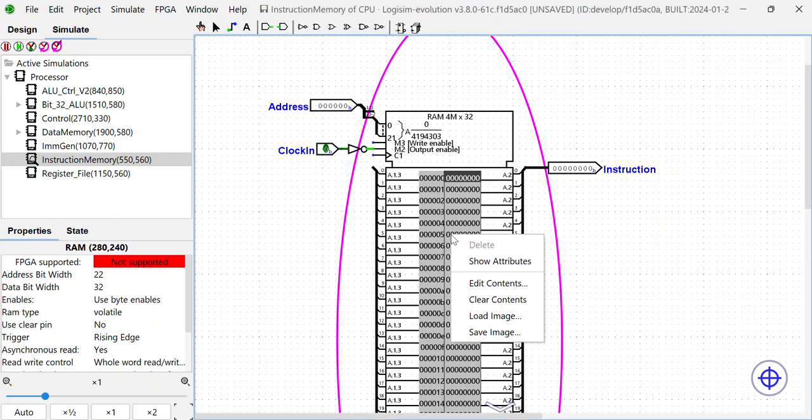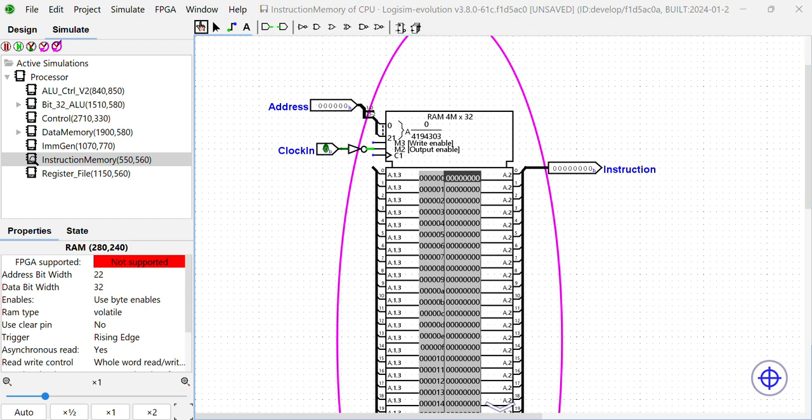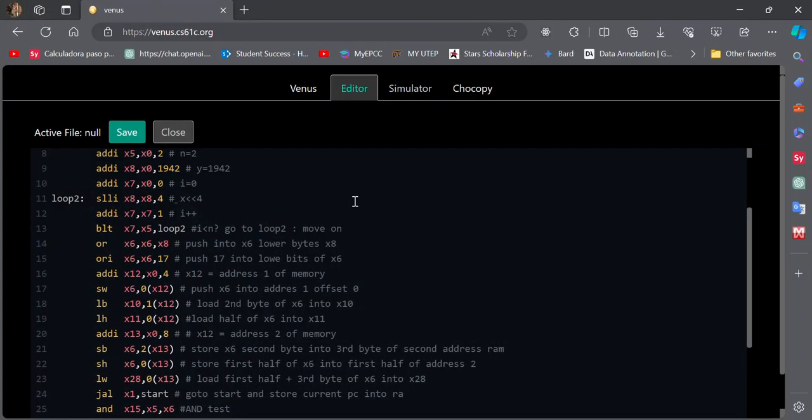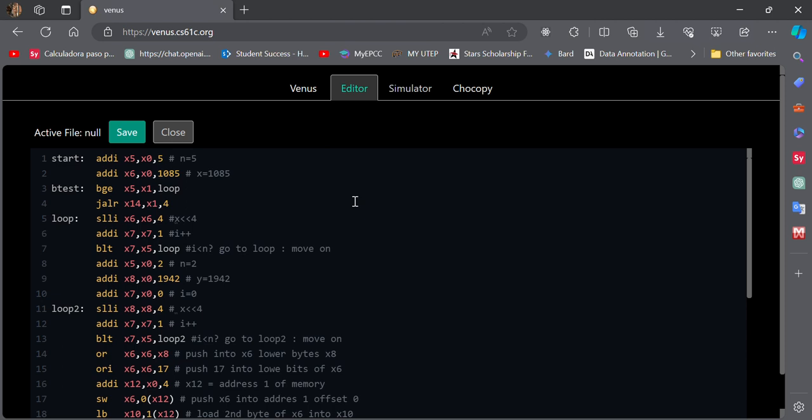Okay, so this is a quick test of our program. Essentially, the program that I'm testing is this one. I'm gonna send that to you. So essentially, first we're loading 5 into X5, 1085 into X6, mainly just to have a